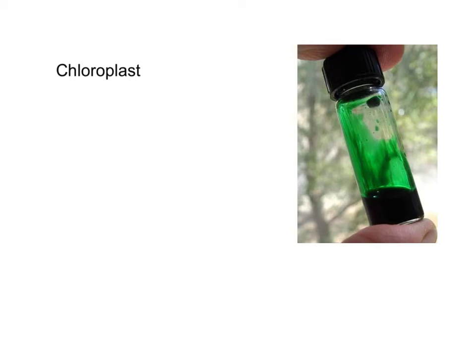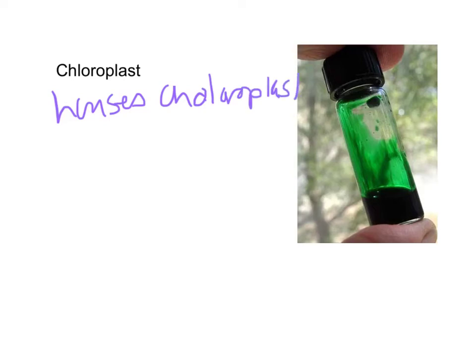So the chloroplast makes the plants green. It has the chlorophyll. The chlorophyll is actually what makes the plants green, but the chloroplast houses the chlorophyll. So let me actually erase this because I want to make sure we get this right. So it houses the chloroplast, but more importantly,